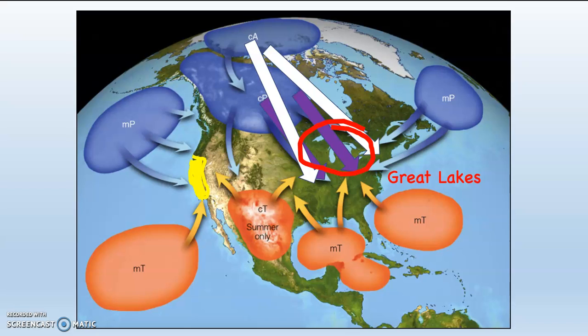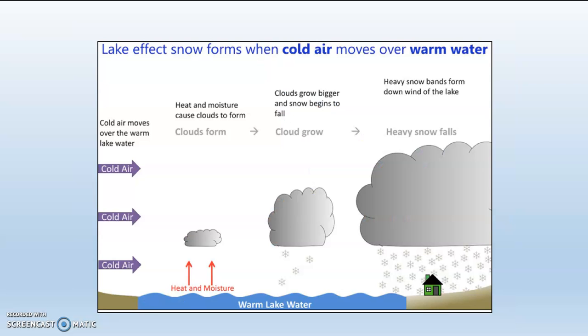as that cold, dry air goes over the top of the lakes, because it acts like a sponge, it's going to saturate quickly. And remember, cold air, as I said, does not hold a lot of water. And when it saturates, now it's going to dump large amounts of precipitation. Here's the way it happens.